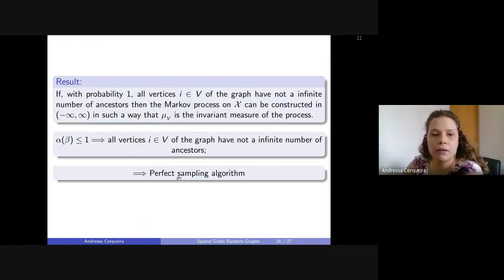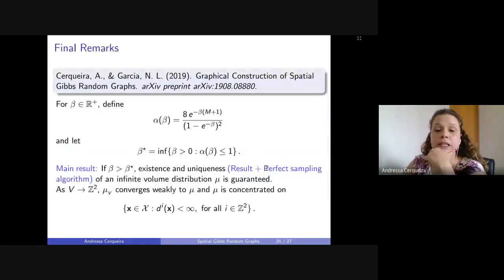And by having that and constructing a perfect simulation algorithm, I can guarantee the uniqueness of this measure, because I'm constructing this measure, so it's unique. So we have both things at the same time, existence and uniqueness. The second part here, this part,